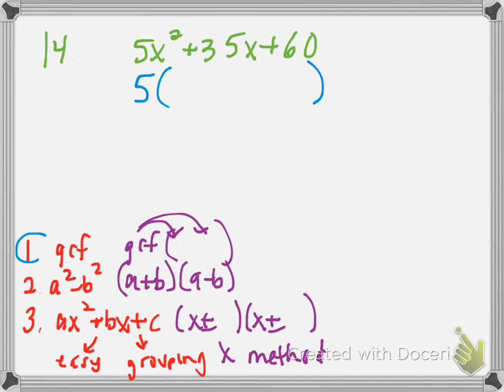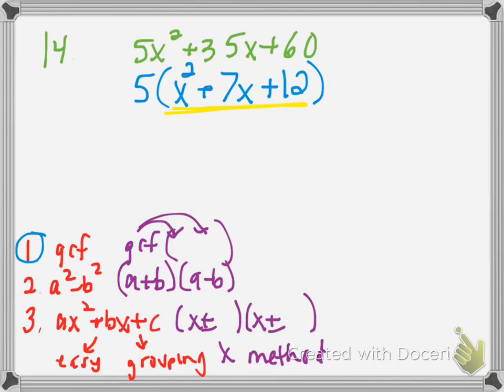So GCF worked here. Pulling out a 5, so distributing backwards, 5 times what gets us back to 5x squared? Well, x squared. Bring down the plus sign. 5 times what gets us back to 35x? 7x. Bring down the plus sign. And then 5 times what gets us back to 60? 12. Whenever you factor by GCF, you need to always check what's left in the parentheses because you could possibly